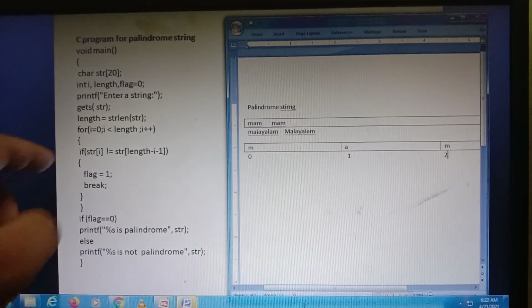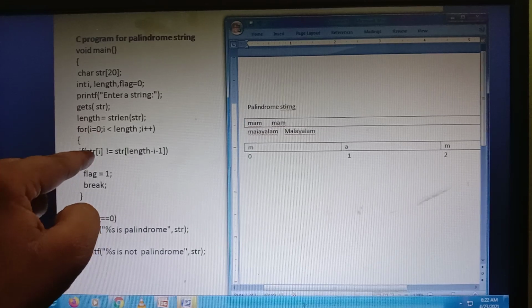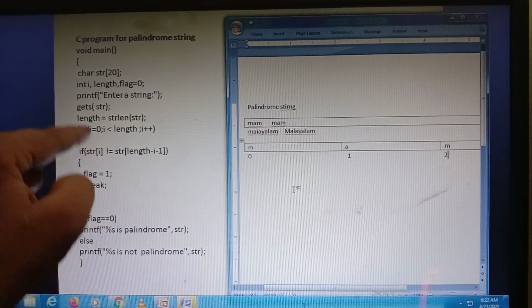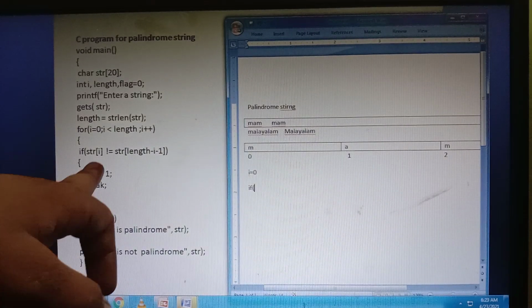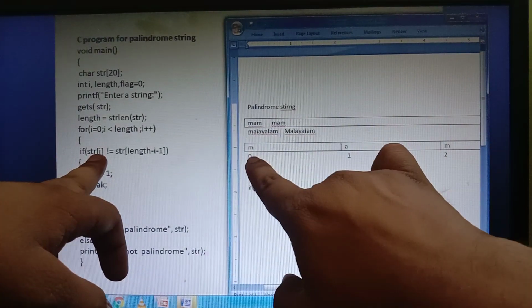At I equal to 0, what is the comparison? At I equal to 0, what is happening? If STR of 0, what is STR of 0? It means this one.